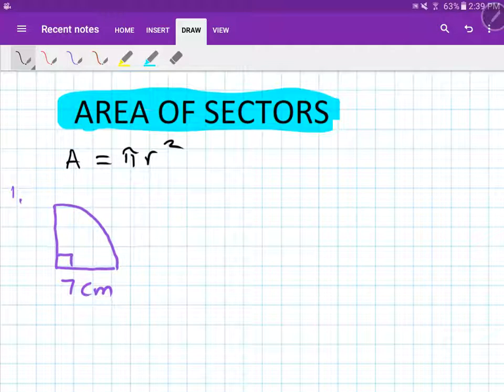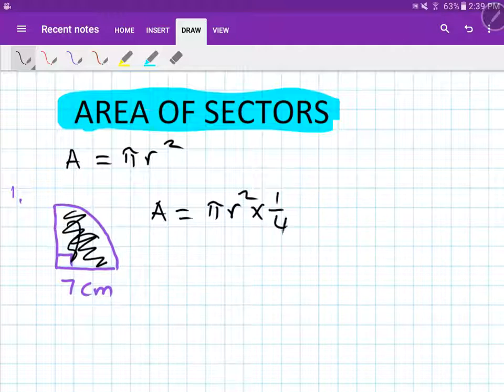So remember, area of a circle equals pi r squared. That's the area of a circle. But you don't have a whole circle. You only have 1/4 of it. So therefore, we just times by 1/4. Now we just substitute the radius in, because the radius of this is 7 centimeters. So you go pi times 7 squared times 1/4. If you type that in your calculator, you should get